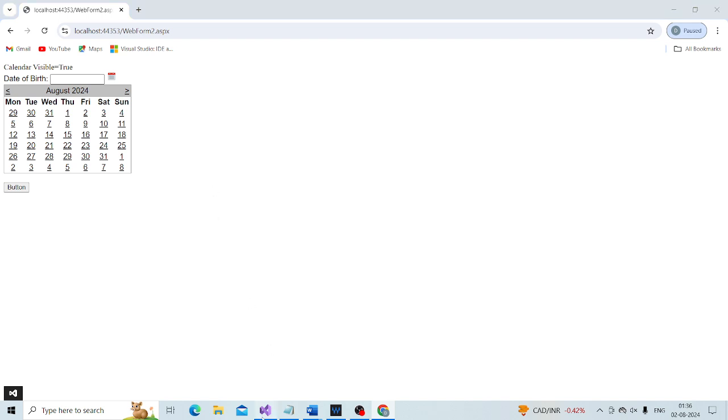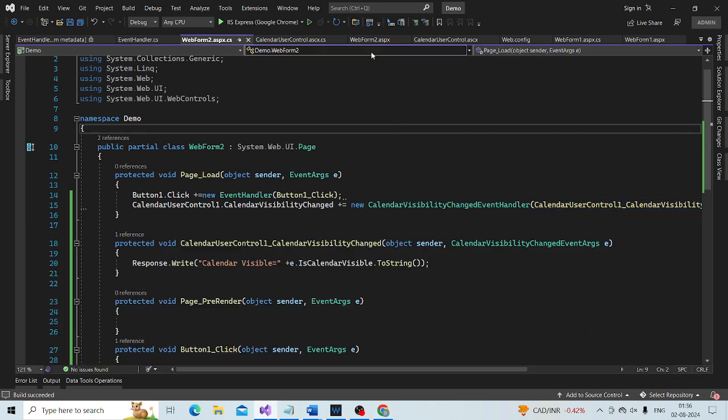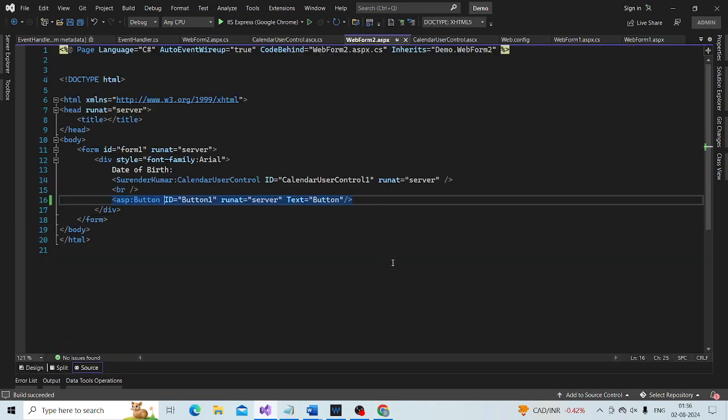So go back to here. For button I can say on click is equal to the method that I want to call, Button1_Click.